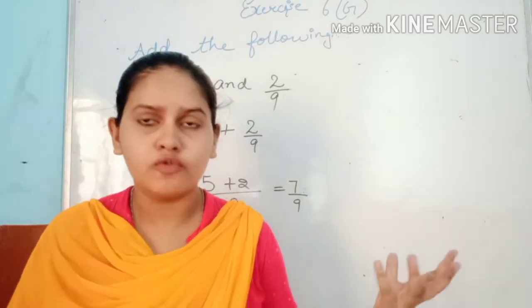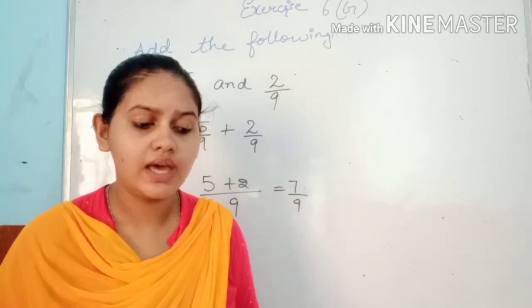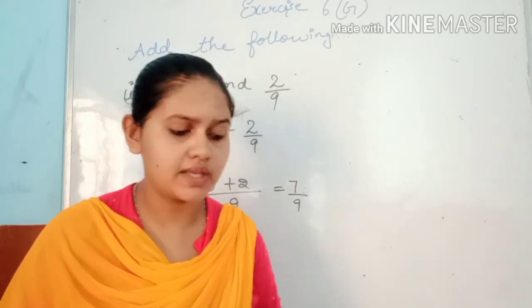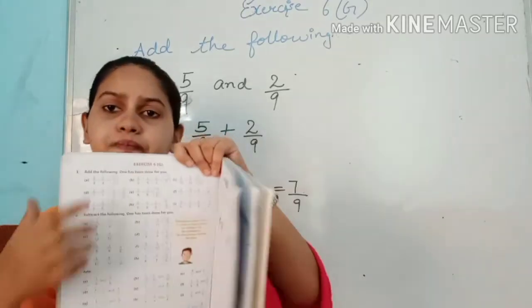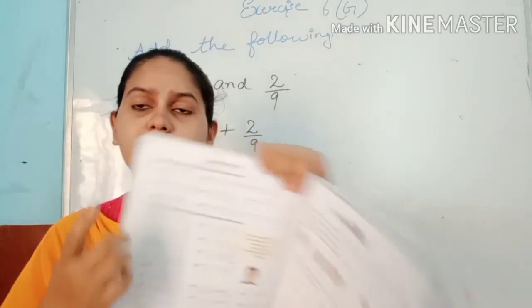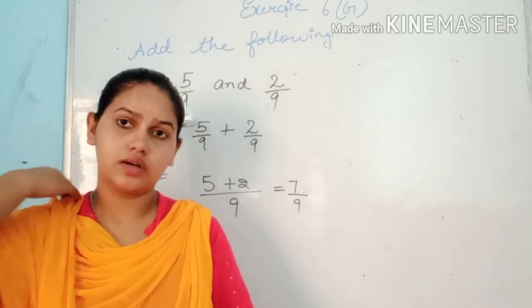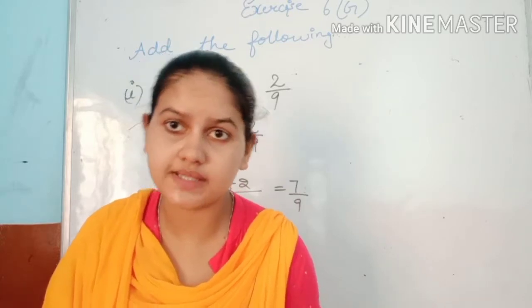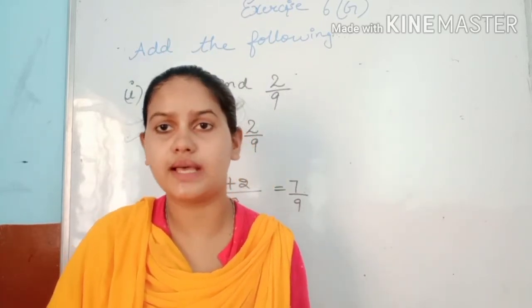But firstly, we will fill up our first one, which is add the following, and has been done for you. This one is done for you, the first one. You can see it on the first page, number 78. Okay students, this one is done for us in the book, so you can easily do it in your book. You have to do it yourself because these are explained for you, so you have to give the answers only.